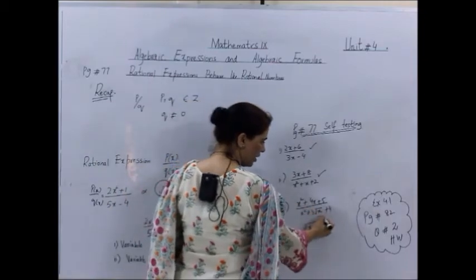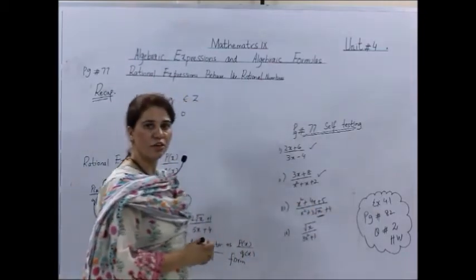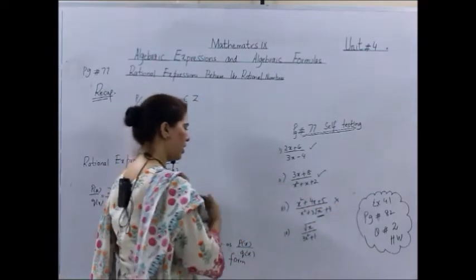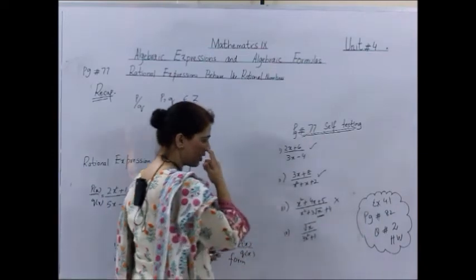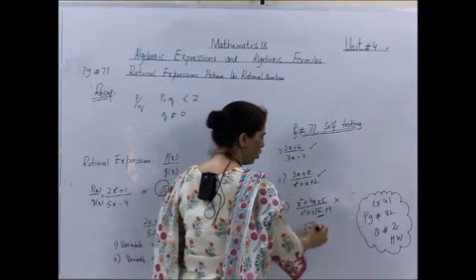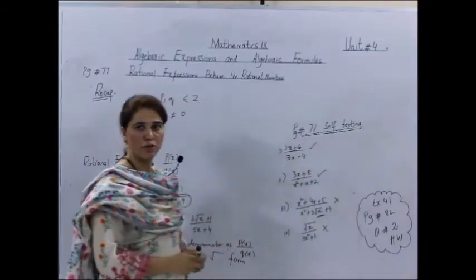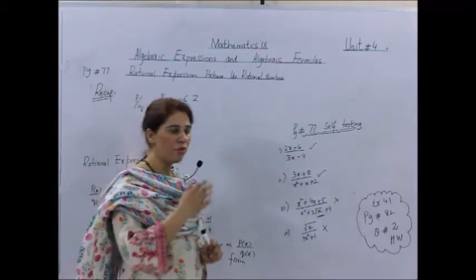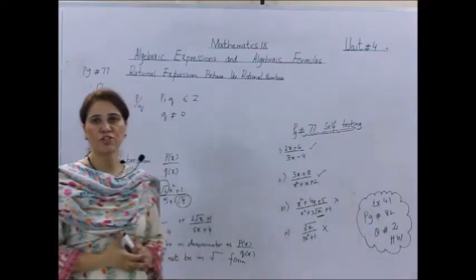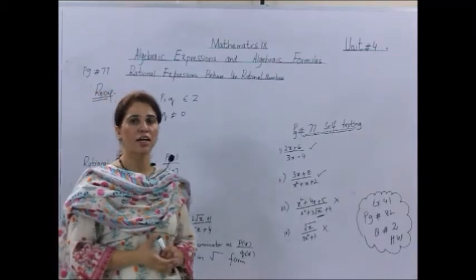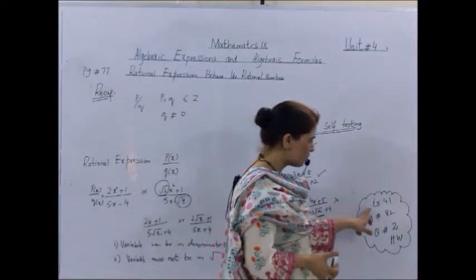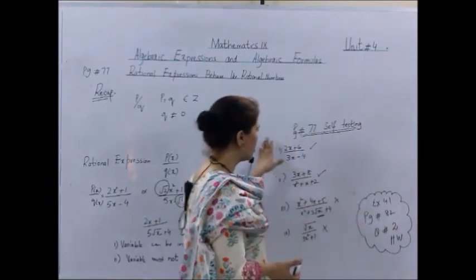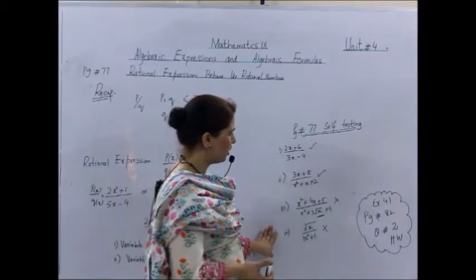See, if the variable is in square root form, it is no more a rational expression. Again, if you see the fourth part, square root x, again x is in square root form, so no more a rational expression. So we can conclude that polynomials can be rational expressions, but all rational expressions cannot necessarily be polynomials. Dear students, exercise 4.1, page number 82, question number 2 is just like this self-testing.